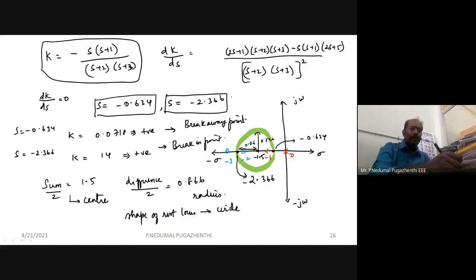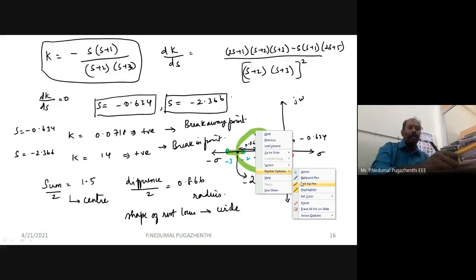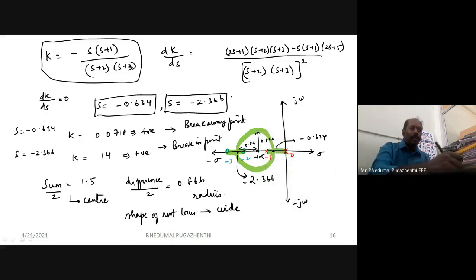Okay, so this root locus starts from the poles. It will meet the breakaway point, comes here, it meets in the break-in point and goes back. I will also draw that using a normal diagram. You can see that it starts from here, one pole, then the second pole meets at the breakaway point, then one root locus goes this way, comes here, another root locus starts from here, it goes here, again meets, and goes back to zeros. So this is the direction.